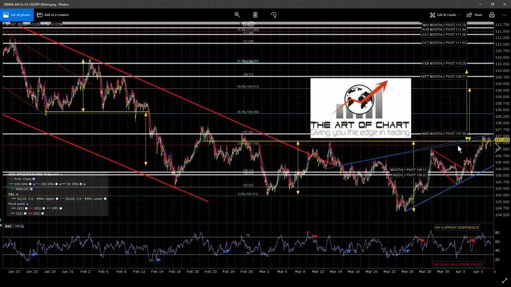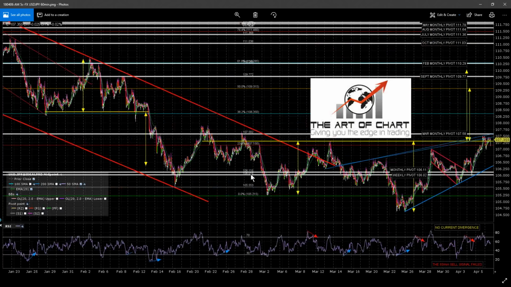USD JPY, probably going to see that a bit higher. I am wondering whether we are at the top of a rising wedge here, and if DX is about to reverse, we're probably going to find that USD JPY will reverse as well. We've got no current negative divergence. We'd probably see a retest of this high. A possible 60-minute sell signal will start brewing when that happens.